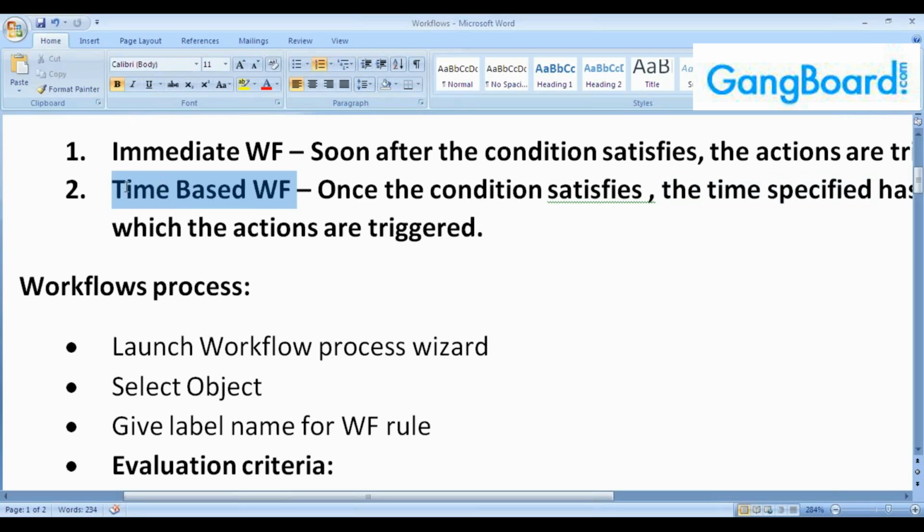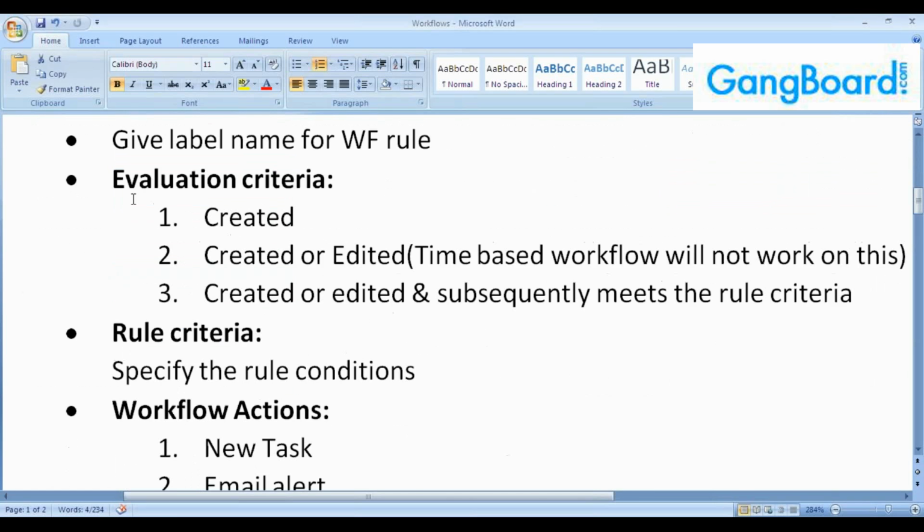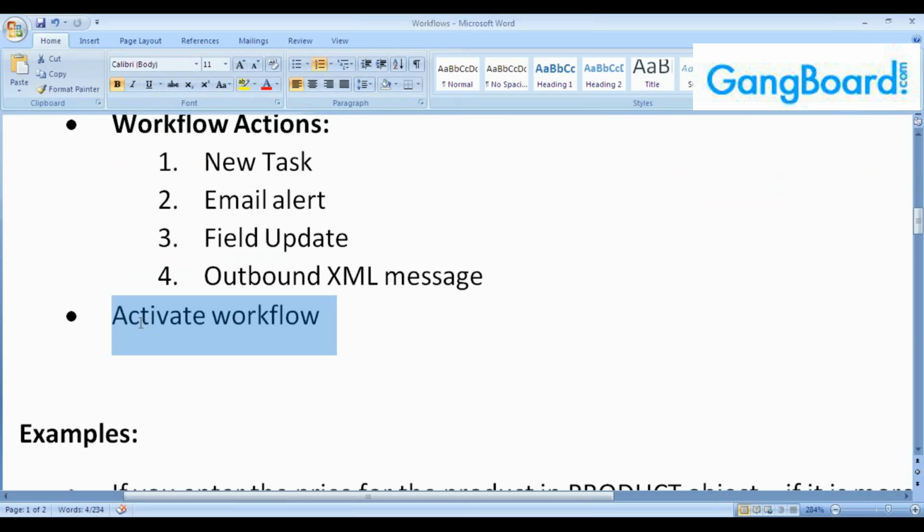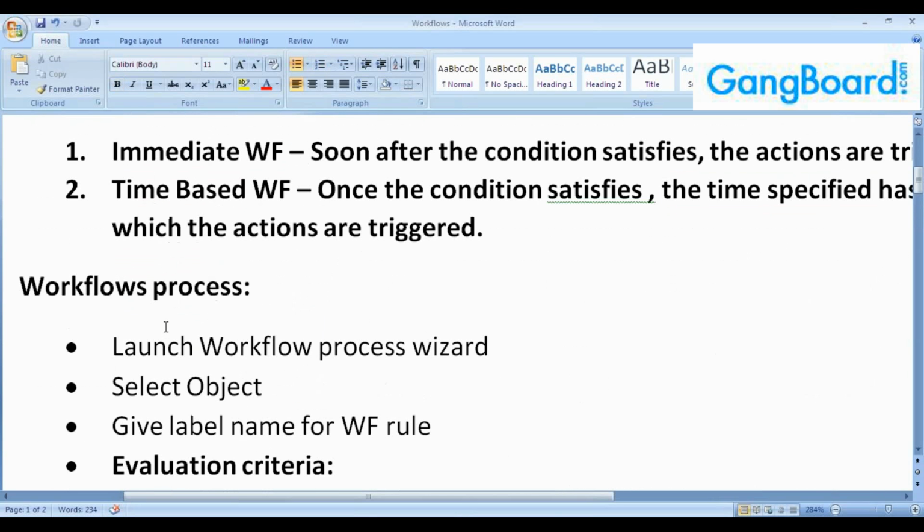So I'll show how to create a time-based workflow, after which you could also check whether it is triggering or not. Definitely after the specified time, the system will trigger whatever actions you define for the particular workflow. And one more thing to remember is that once you create this workflow and activate it, right? After you activate the workflow,